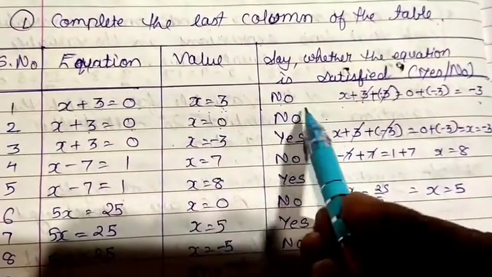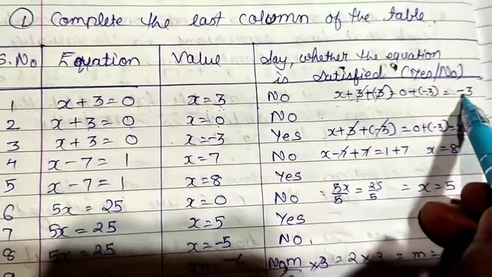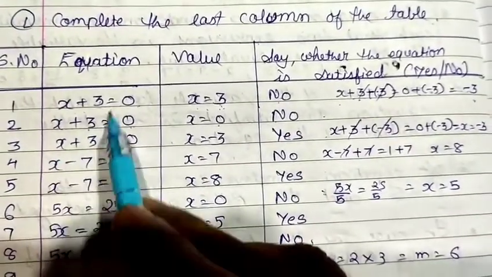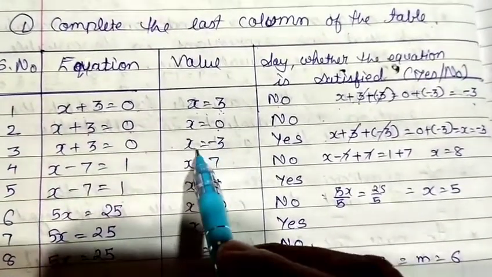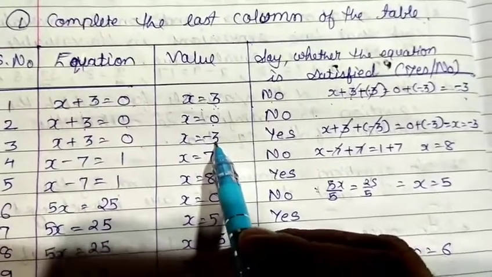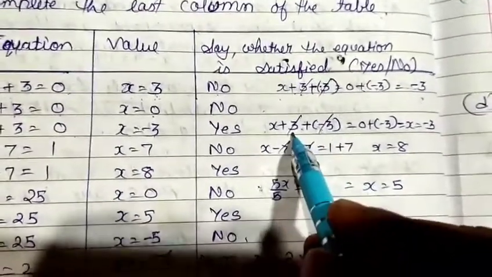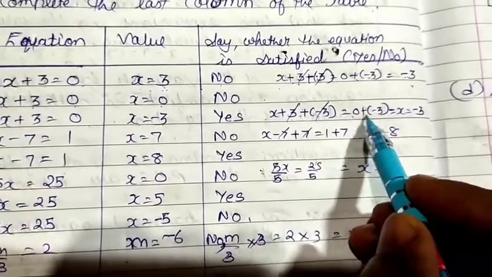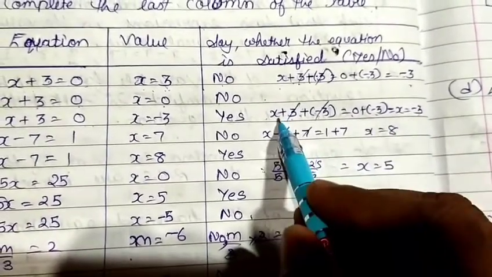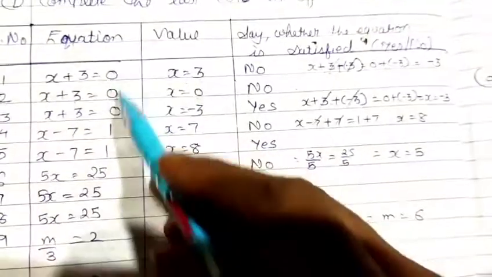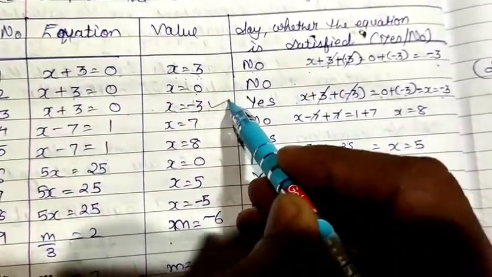It is not possible. You should get negative 3. Just now only we saw. Now third one, same question, x plus 3 equals to 0, x equals to negative 3. Yes, it is correct. Just now only we saw, while adding negative 3 both the side, positive 3 and negative 3 will get cancelled. 0 plus negative 3 is negative 3 only. That means the value of x is negative 3. So out of 3 conditions, this one is correct.